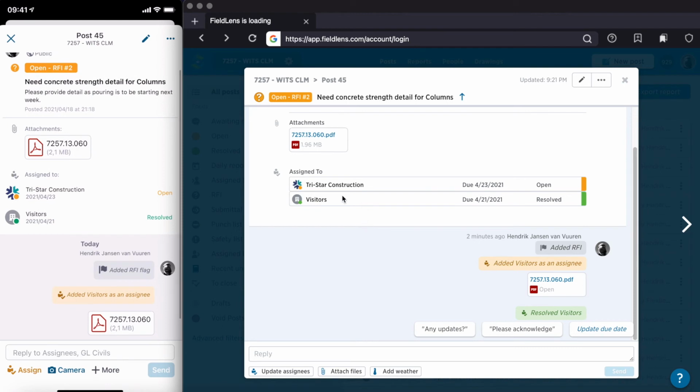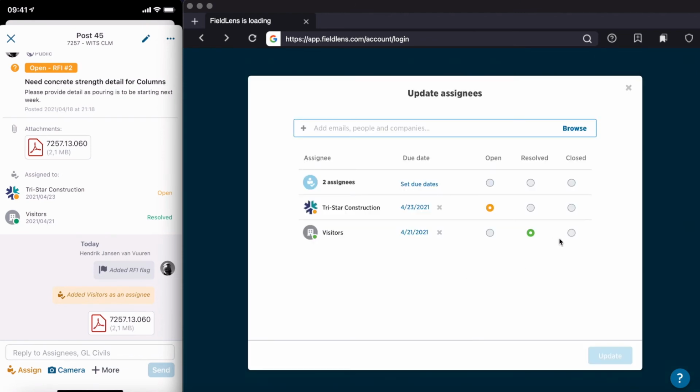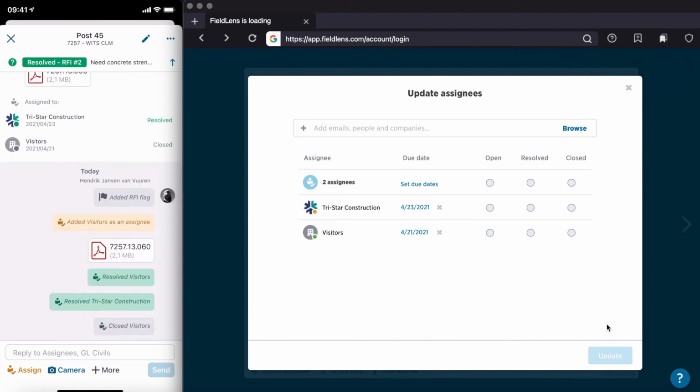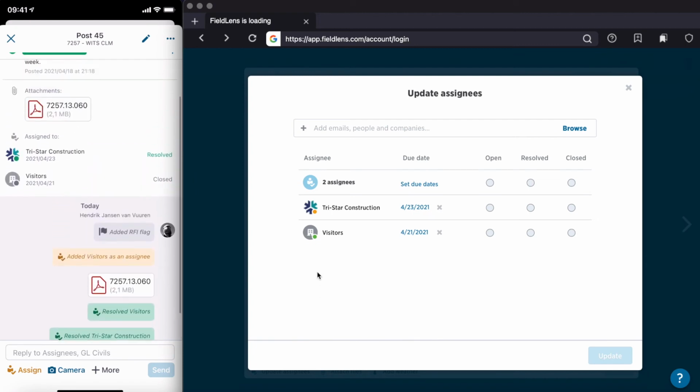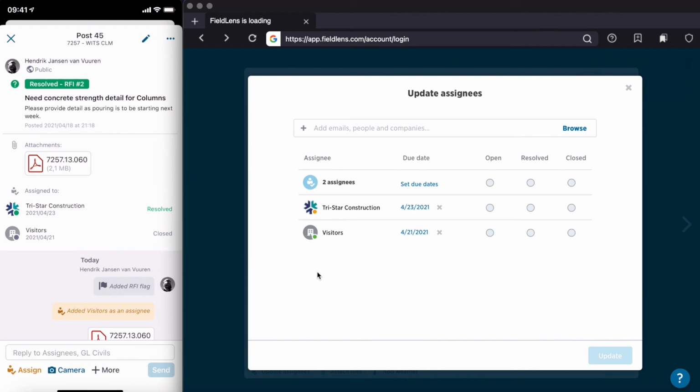So let's say then the main contractor reviews the information, and the main contractor is happy with it. The main contractor can then go and close the consultant and resolve itself. Alright, so you can see now what happened. Consultant is closed, main contractor is resolved,